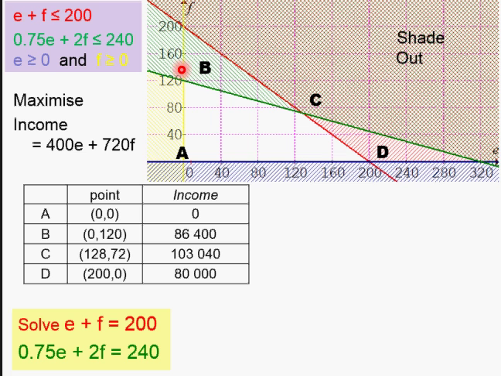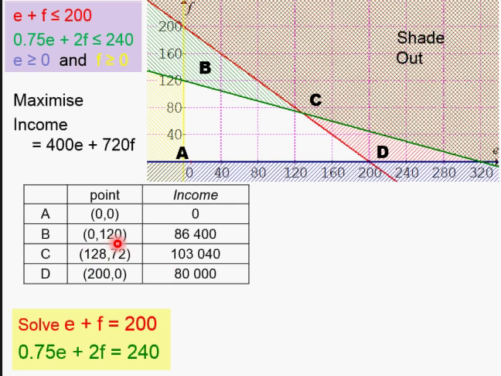Now this area is a feasible region. If you remember from the previous one, this is a feasible region, and these are your vertices, the points on the corners, and which of these points is the best possible for our maximum profit. Looking at the values here, the best possible value for us is on C,